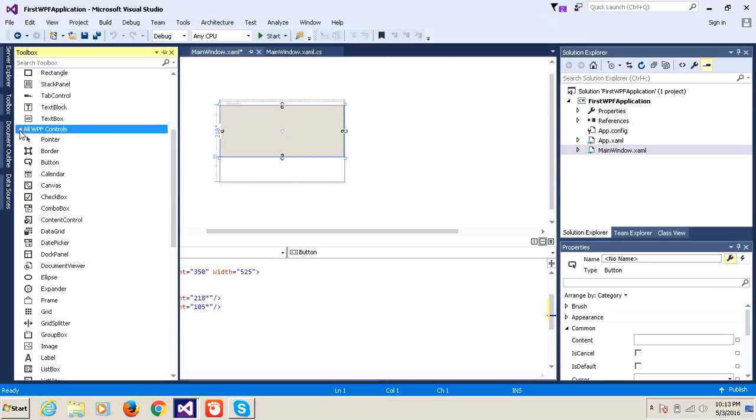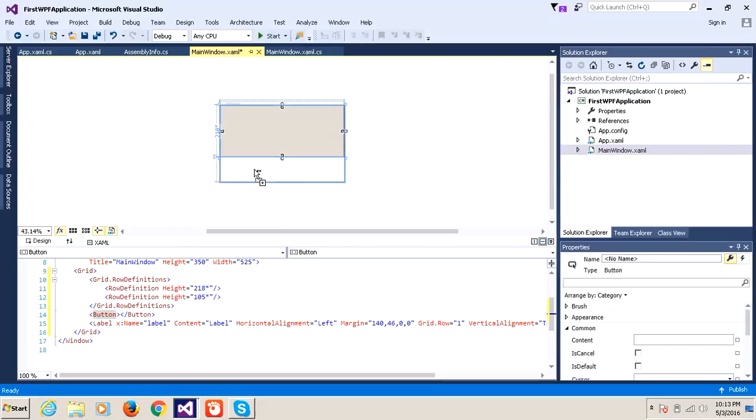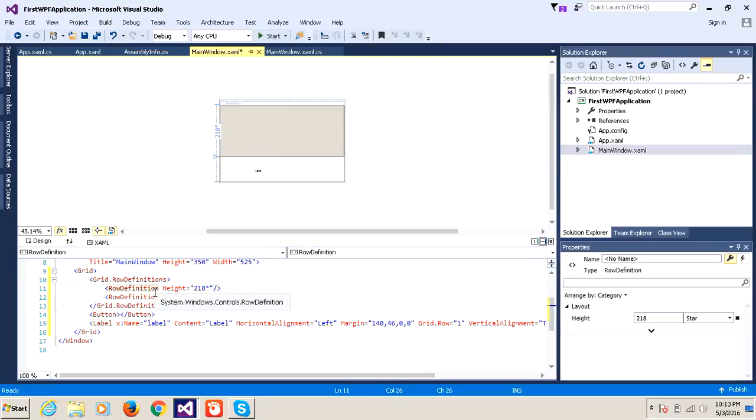Here there are different WPF controls. For example, I'm moving one label control. I'm placing it here. Then what happens? Automatically, the XAML for the corresponding label is created here. So you can work either from the designer or from the XAML view, and you can change the properties from the XAML view, or you can change the properties from